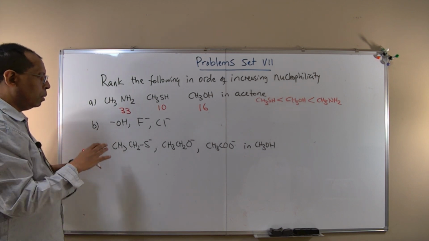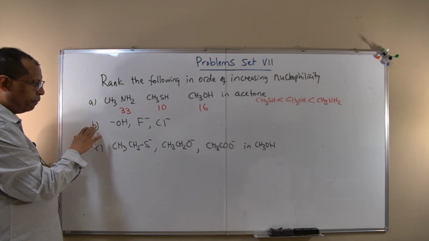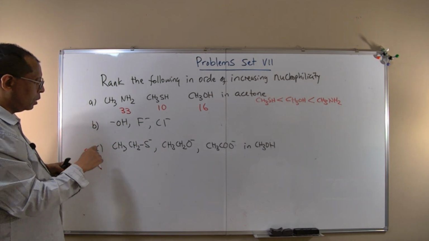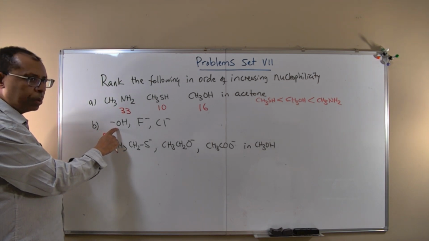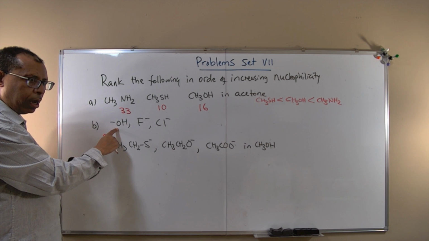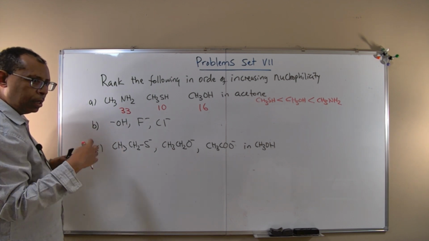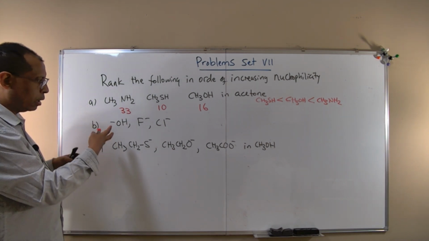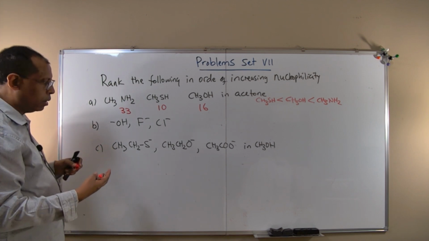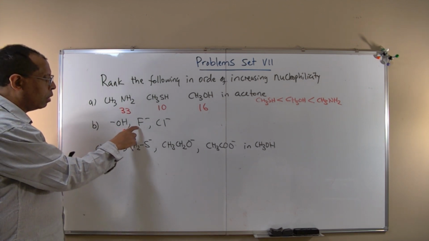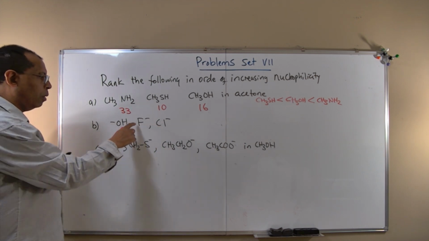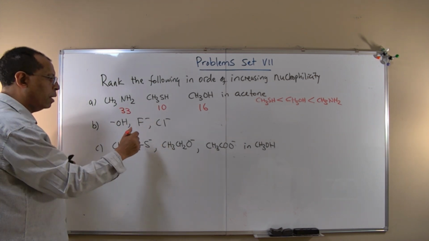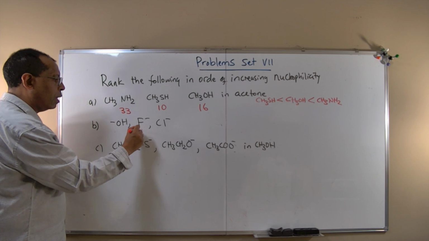Okay, so if we have all this, in the second series we have pure OH, that is a hydroxide anion. This is a very strong base, like sodium hydroxide, potassium hydroxide. The only thing you have to compare would be between fluoride and chloride. So if you just compare the acidity of HF